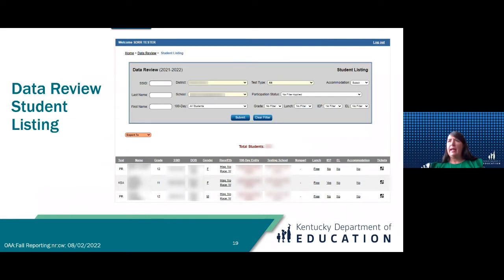for KSA, and then also see them for ACCESS, because our English learners do take KSA, and they also could be in there for post-secondary readiness, and they could also be in there for alternate assessment if they participate in that particular assessment. So a lot of your students may be in there for multiple tests, depending on what grade level they are and what assessments are assessed at that grade level.